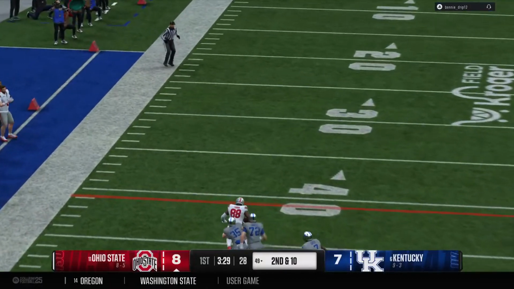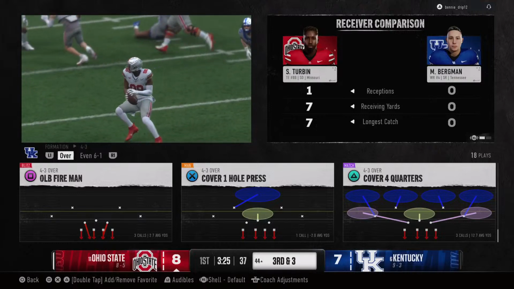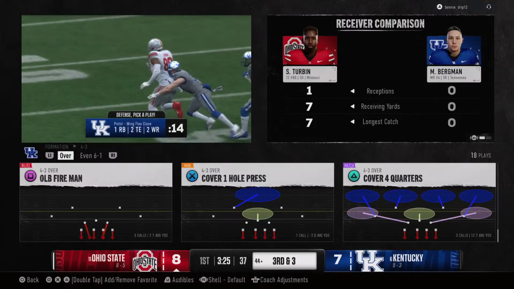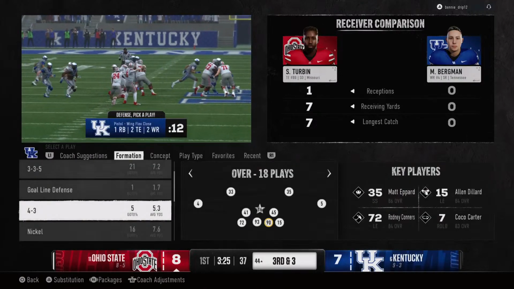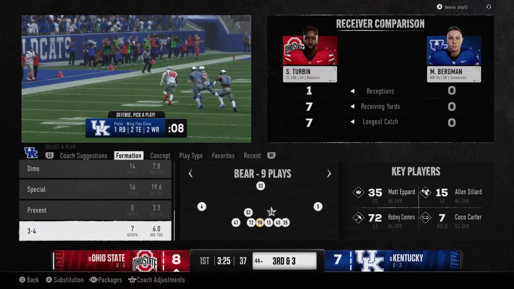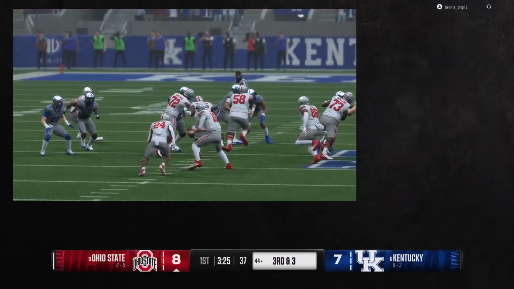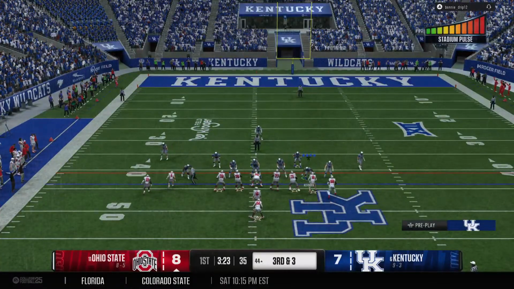Quick throw, the catch is made. They make the tackle, but not before a solid gain on that pass. Boy, that's pretty good coverage here by this defense. Not much of a window to throw this ball into, but the quarterback's accuracy and the size of the tight end picks up a nice gain. Third down after that running play.